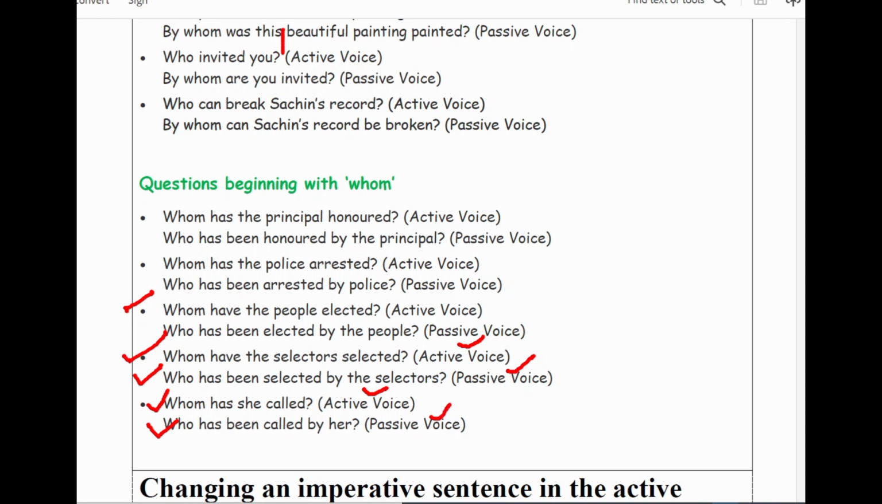We will make sentences and we will try to know about the pronoun change and the tense change, all this